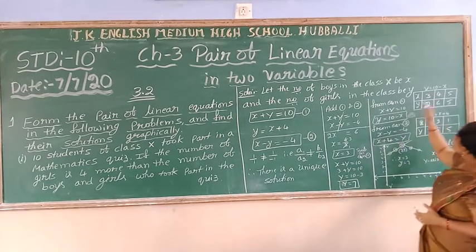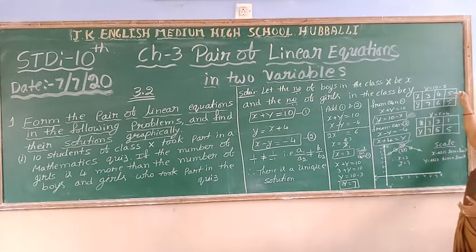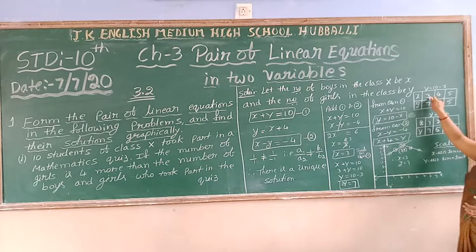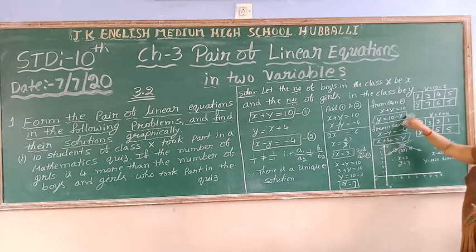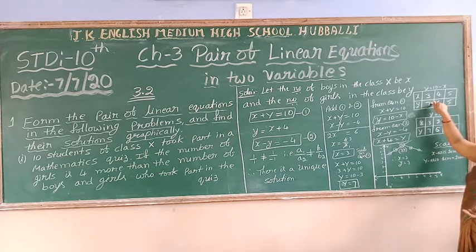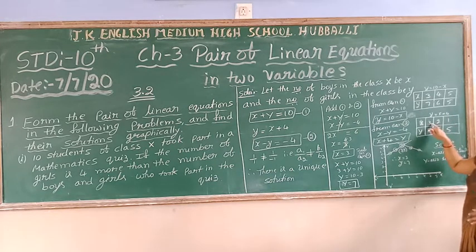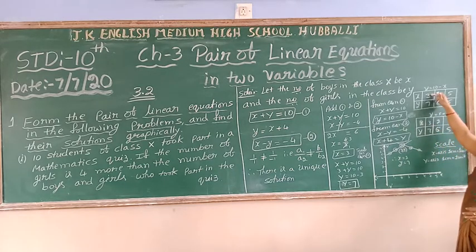So this only should come in the table. You have to substitute 3 for x compulsorily here in both the equations. You consider equation number 1 and convert it in the form of y and substitute the remaining values, the other 2 values, and one value compulsorily you have to substitute 3. So then we get 7. In the same way, you have to substitute 3 in the second equation also. Consider the second equation and convert it in the form of y. Then we substitute the values and simplify. You will get 7. Here also 3, 7 is there. Here also 3, 7 is there.